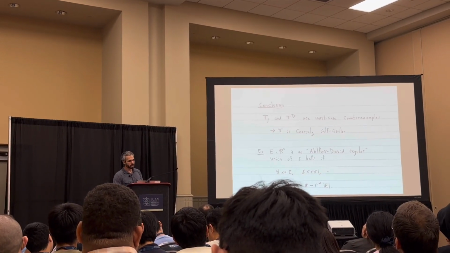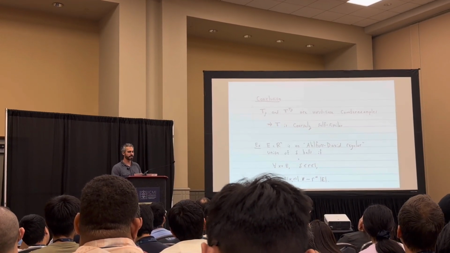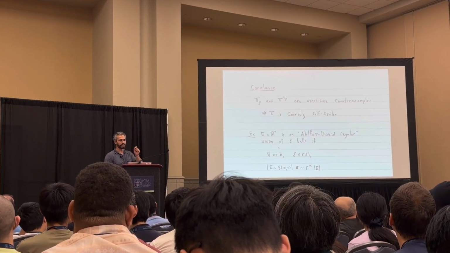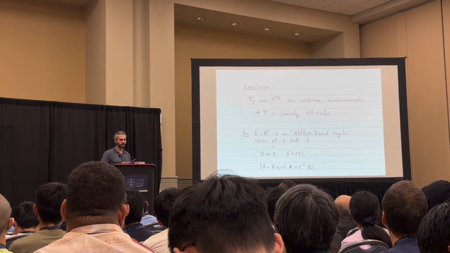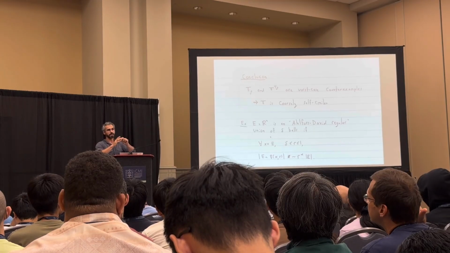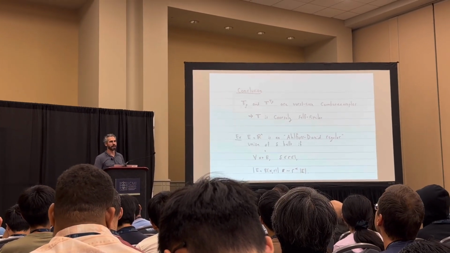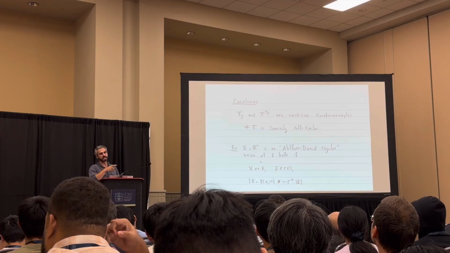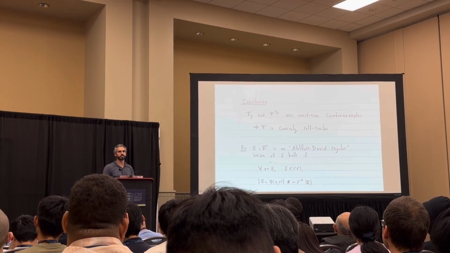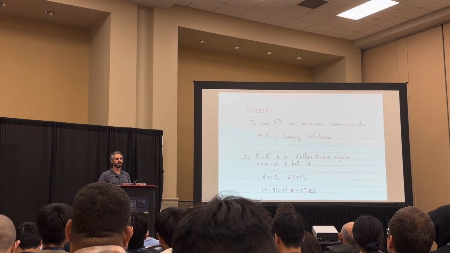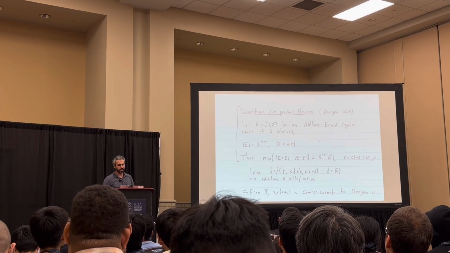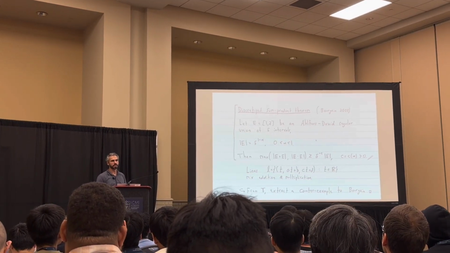Hong mentioned it as well. So a set is Ahlfors-David regular, let's say it's a union of delta balls, so everything's discretized. What this means is whenever you take a point in your set E, and you take some radius r between delta and 1, and you ask how much of your set is contained in the ball centered at a point of your set with radius r, it scales like r to the alpha times the size of E, where the exponent alpha is telling you how much of your space is filled out. An example is the middle thirds Cantor set, but you can also take the middle thirds Cantor set and apply a bi-Lipschitz map. You preserve this property. A very important theorem for Bourgain is called the discretized sum product theorem.